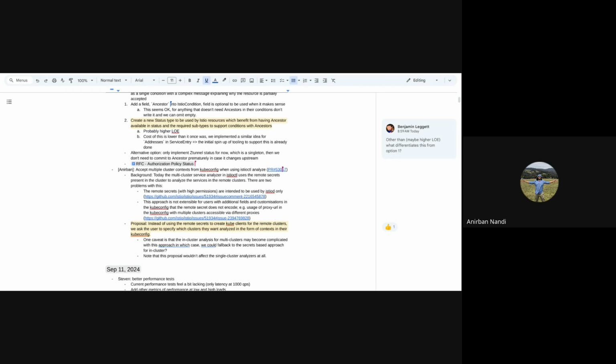One caveat is that the in-cluster analysis for multi-clusters may become complicated with this change, but maybe we could fall back to the secrets-based approach for in-cluster analysis. And this change should most likely not affect single cluster analysis at all. But yeah, open to other suggestions or any comments.